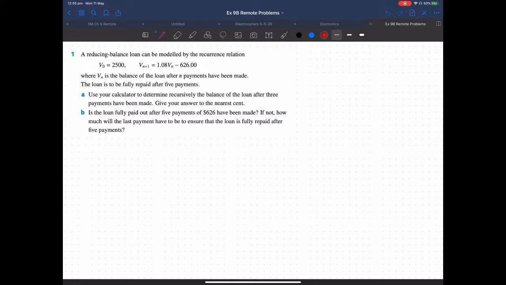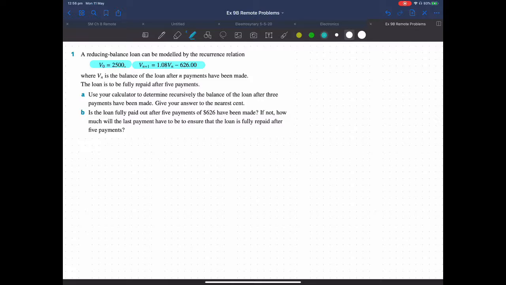In this question, we're given a reducing balance loan. We're told it's modelled by a particular recurrence relation. Looking at the information that we're given, you can see that V0, our starting point, is 2,500. The other thing you can see is that Vn plus 1 equals 1.08 times Vn minus